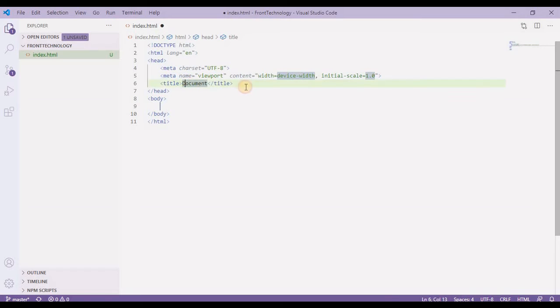This is my first HTML code, and I change the title to position and Z index. Alright, so here we are going to write some HTML.